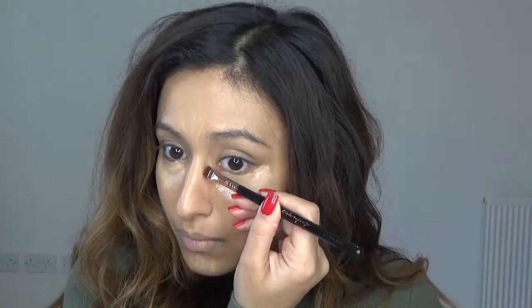So I'm just going to apply the contour in my usual contouring areas, and now for my nose I'm going to take this flat contour brush, and that's just going to give me more of a precise contour. So once I've done that, I'm just going to take my beauty blender and make sure that everything is absolutely